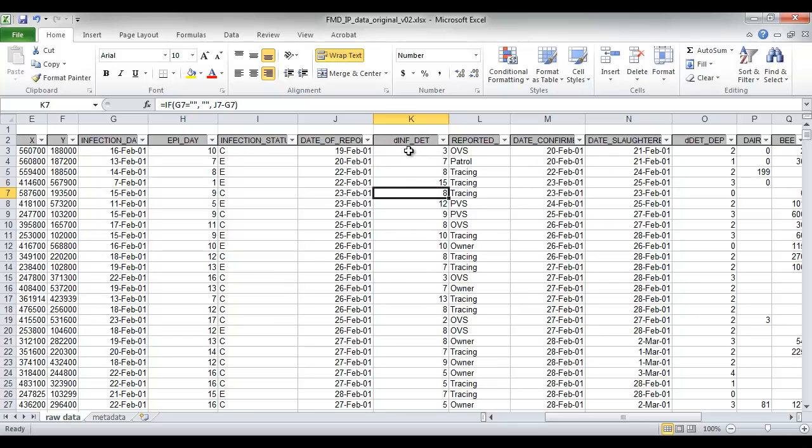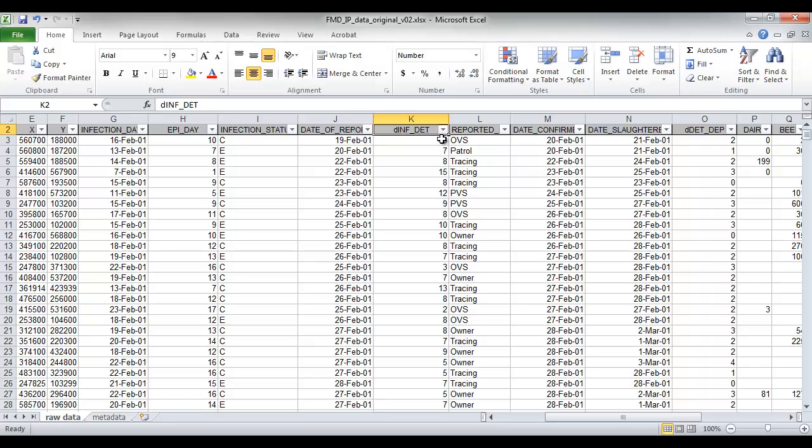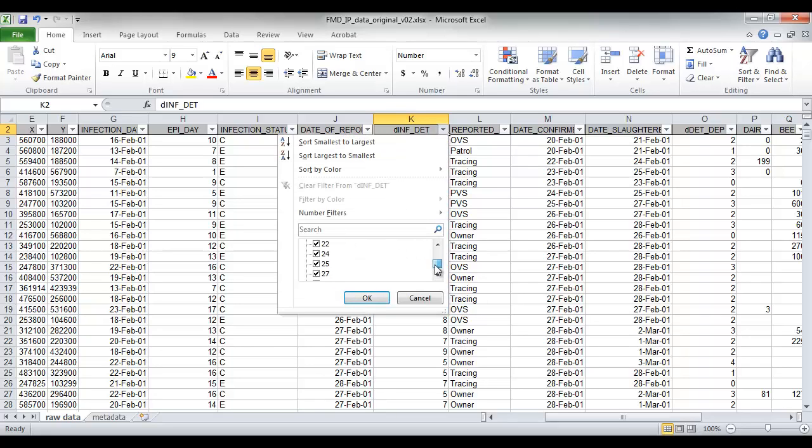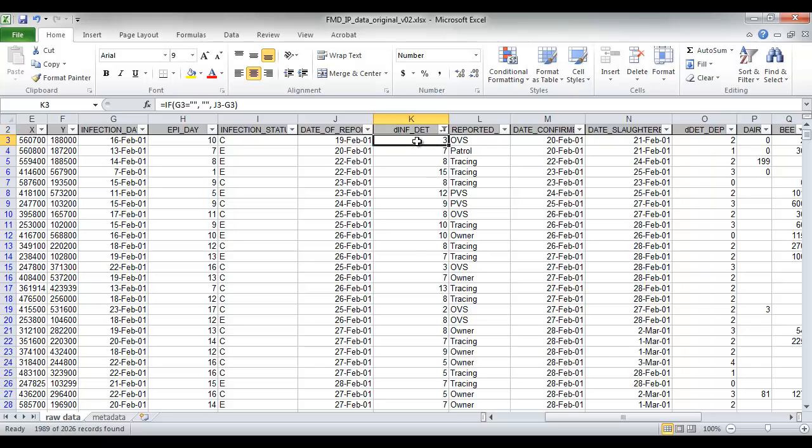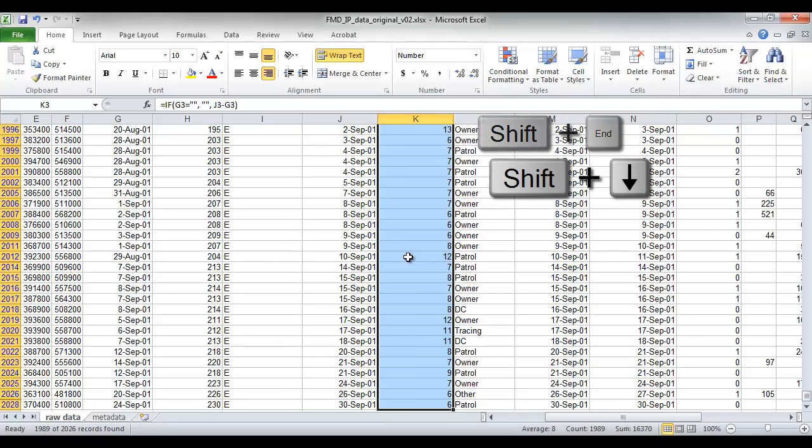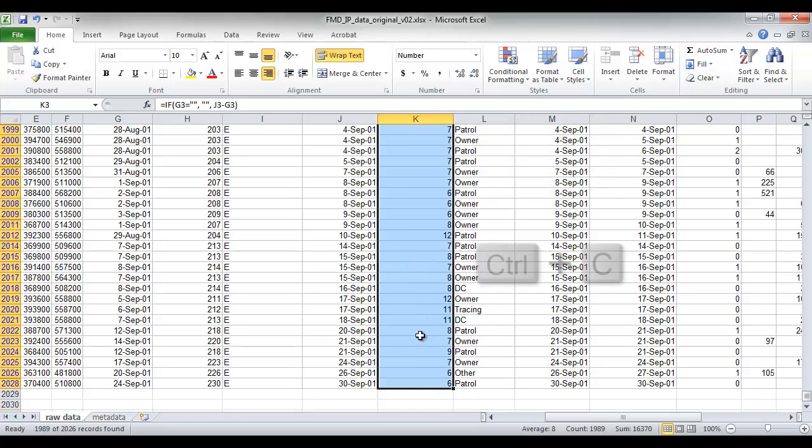So what we want to do now is do some basic descriptive statistics on this new variable that we've created. So what we want to do is to copy it into a new sheet so that we've just got the values and it's not reading it as a formula. Now, we don't want to bring our blank values with us, so we're just going to filter those out, deselecting the blanks, pressing OK, and then we go to the first value, Shift End down, that selects them all,